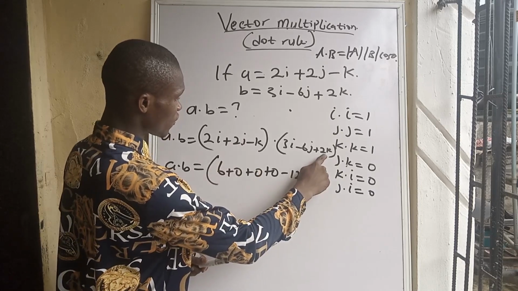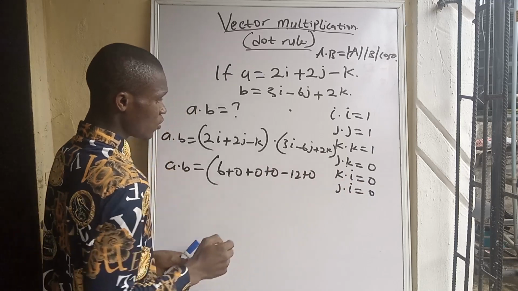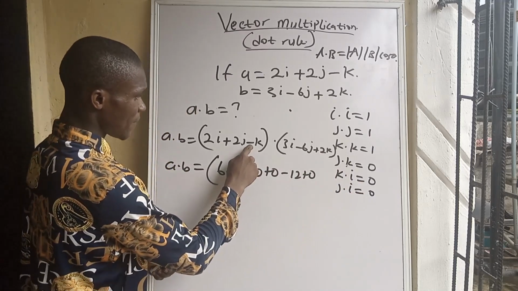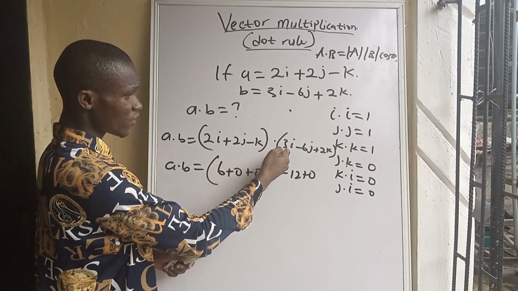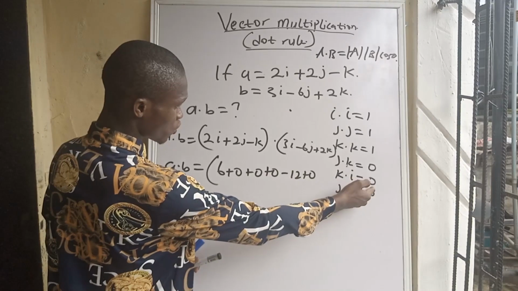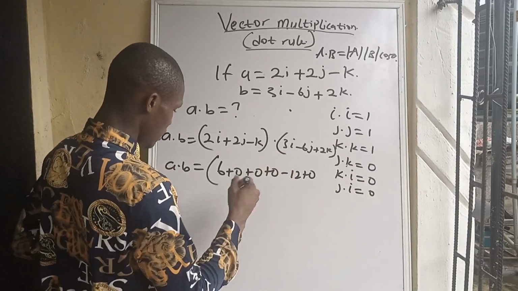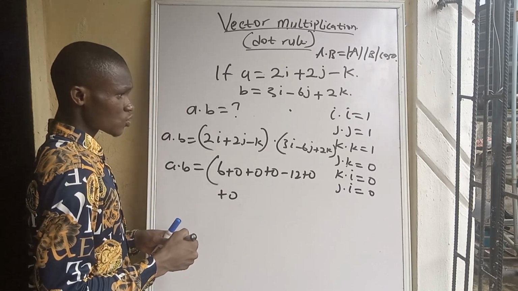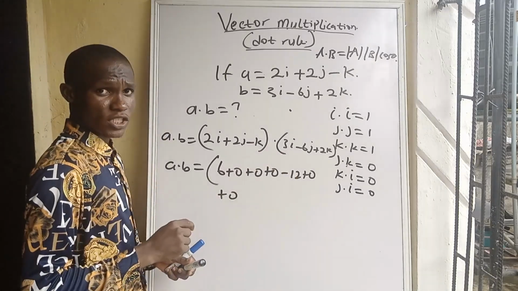So we are going to do the same thing for this other one. 2 times this is going to give us 4. And j times k is going to give us 0, which is this 0. So coming to this last one, minus 1. Remember there's a coefficient here, 1. Minus 1 times 3 is going to give us minus 3. And k dot i is equal to 0. 0 times minus 3 is going to give us plus 0. So coming to this other one, minus 1 times minus 6 is going to give us positive 6,